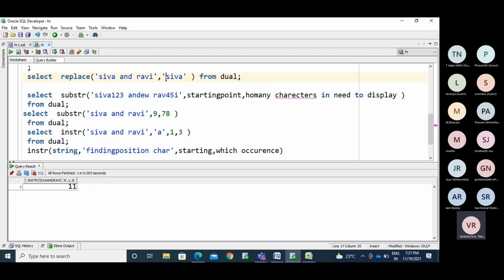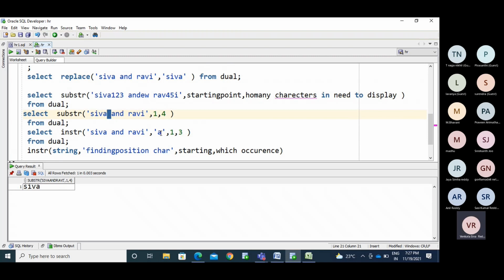Now see, we have Shiva and Ravi. I need to separate this. Let me make it the first name, with 4. The first name and last name are separated with a space. Correct?